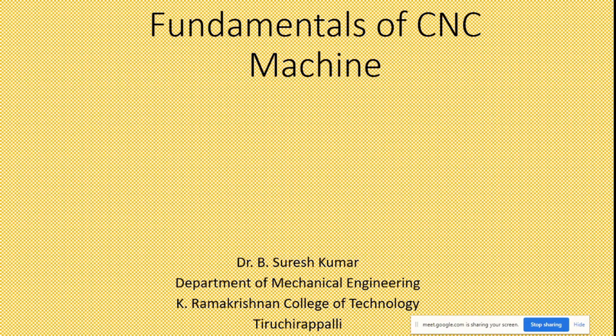So, what is CNC? Yesterday I told about what is NC. NC means numerical control machines. In that we incorporate a computer console to operate the machine; those kinds of machines are called computer numerical control machines. In the previous class also I told about what is meant by a mechanized machine and what is meant by an automated machine, and the difference between them, likewise I explained.